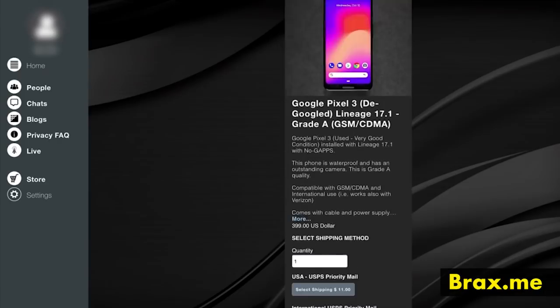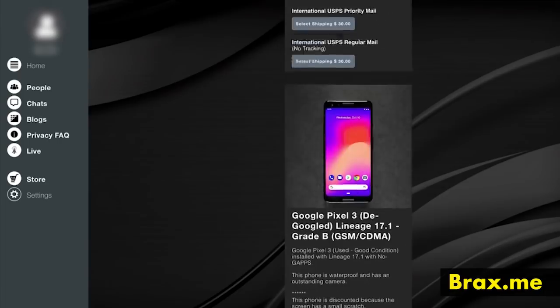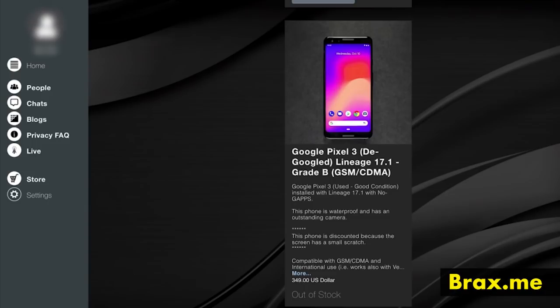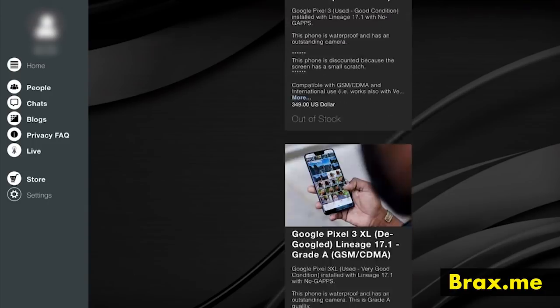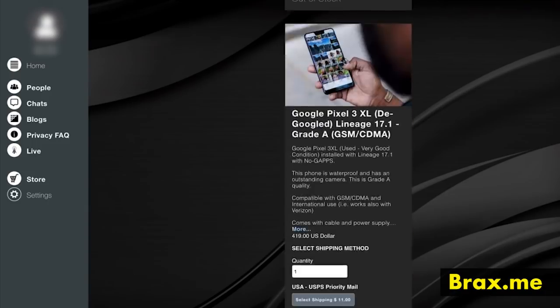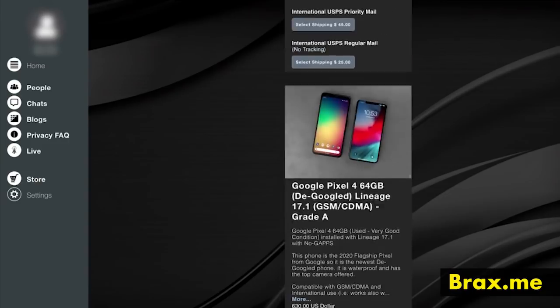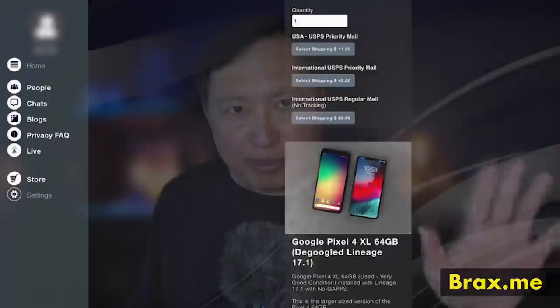Now, the phones we sell, the most popular ones are the Pixel phones. So we have Pixel 3, Pixel 4, Pixel 3 XL, Pixel 4 XL in various sizes. And then we sell Motorolas, and then we sell OnePlus. Those are probably the most popular that actually are problem-free. There's a few we tried before, and they're really hard to do. And so it just gets more stress.